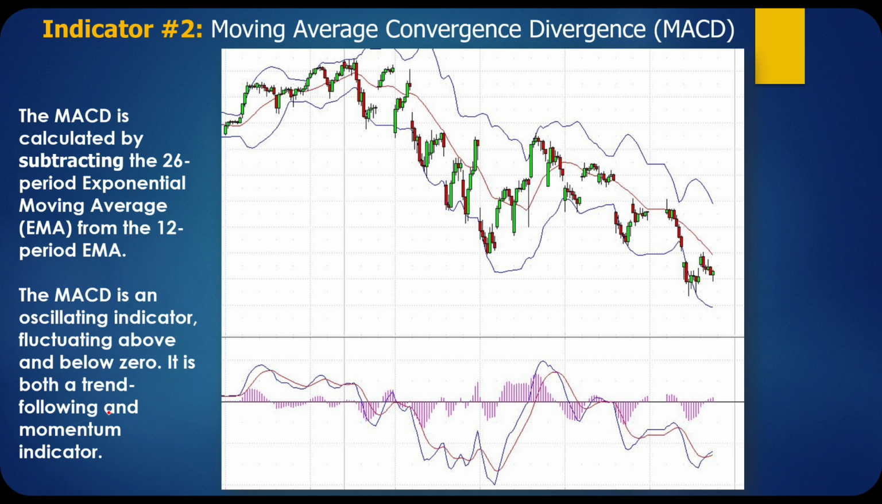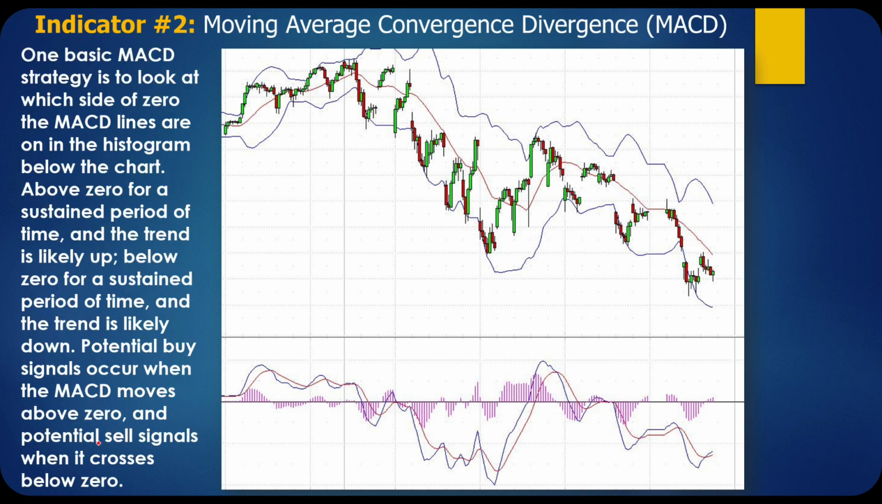So the MACD is calculated by subtracting the 26-period exponential moving average from the 12-period exponential moving average. The MACD is an oscillating indicator, fluctuating above and below 0, and you can see that down here where we see the MACD. So it is both a trend following and momentum indicator. So what we're looking for here with the MACD, and actually we'll look at it on the next chart here,